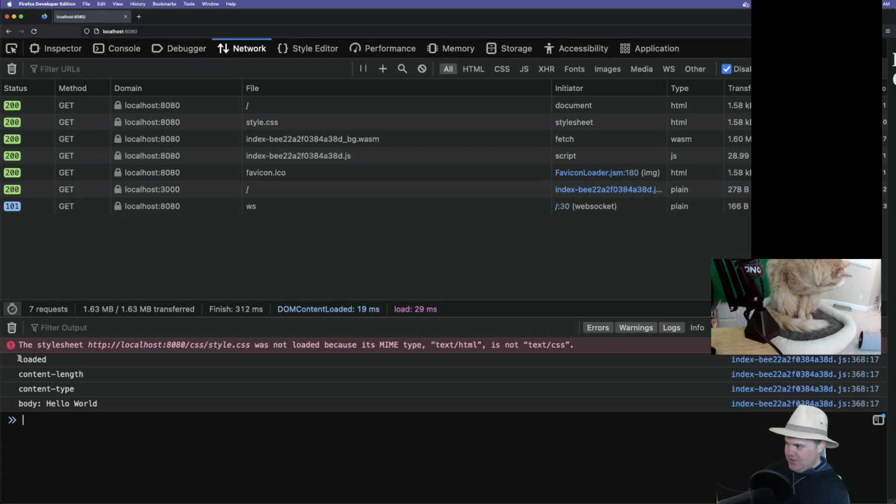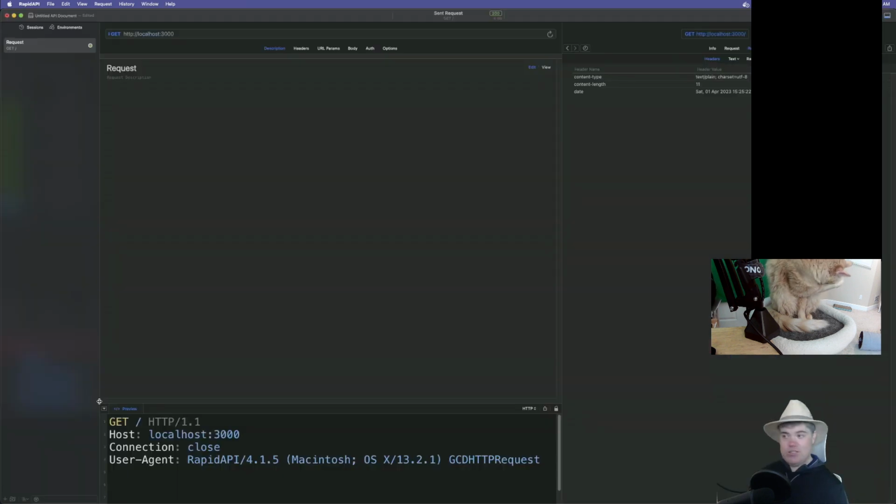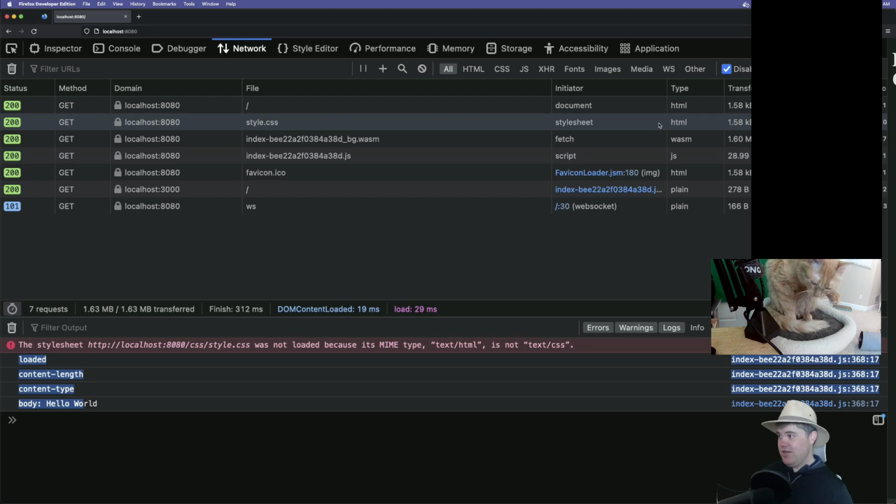Hit refresh. Notice that we're still not receiving, we don't see the authorization here. If I hit this with Rapid API though, I see an authorization here, which I can't make bigger. I'm sorry. If you're on anything that's not a gigantic monitor, there is an authorization which I see, my bearer token, here in Rapid API, but I don't see it in the browser. And so that's because CORS also allows us not just to hit the server at all, but to see what